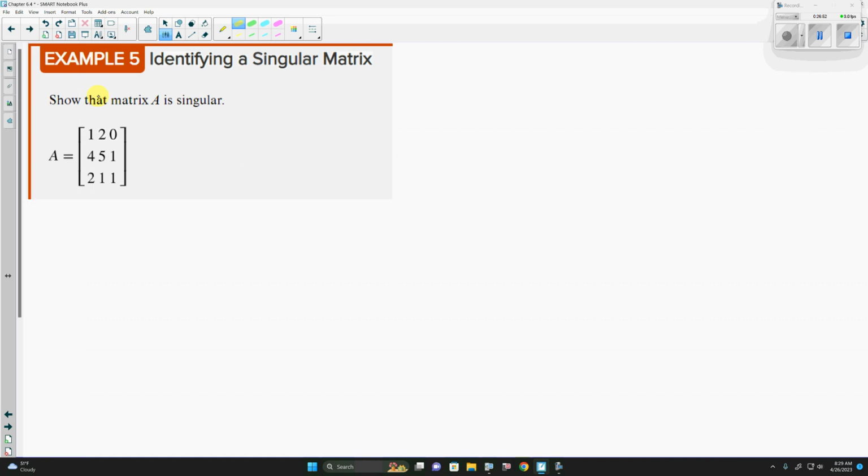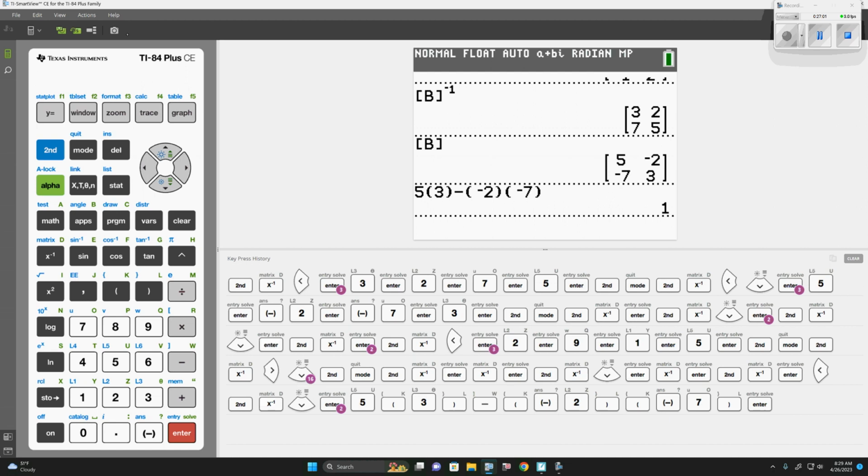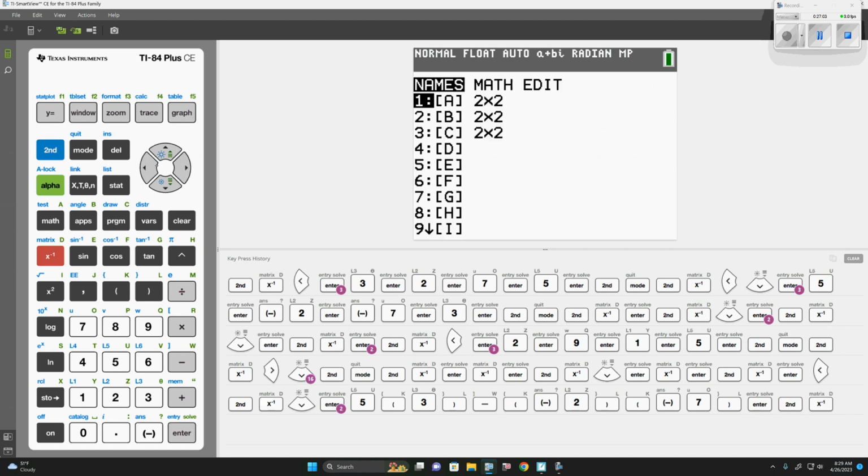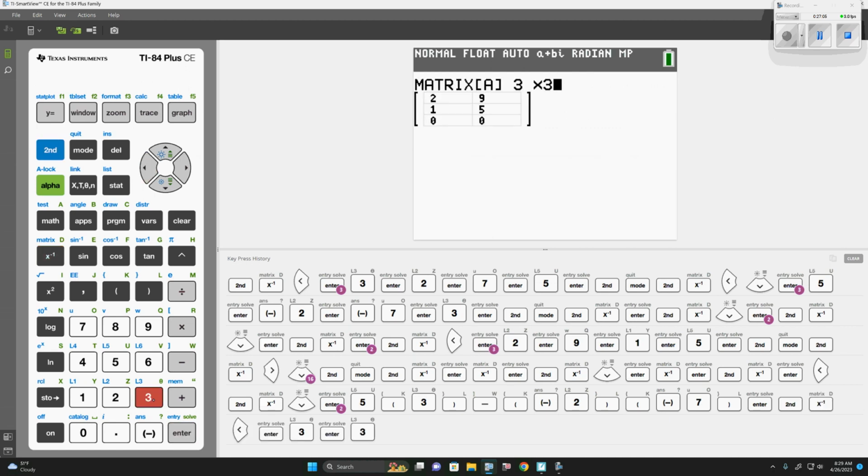Show that matrix A is singular. Well, that means we can't take an inverse. So let's go on and type it in and let the calculator do this for us. If one of y'all will read it, so I'm not flipping back and forth. Where are we at? 1, 1, 2, 0,